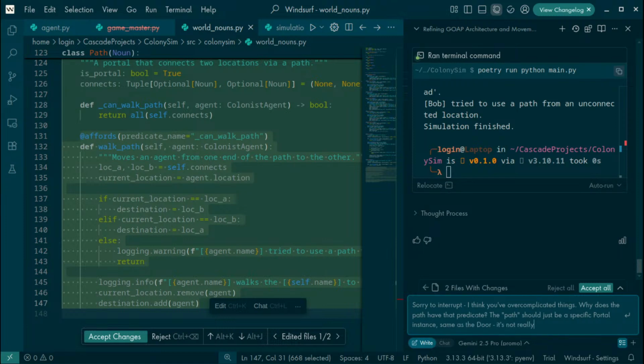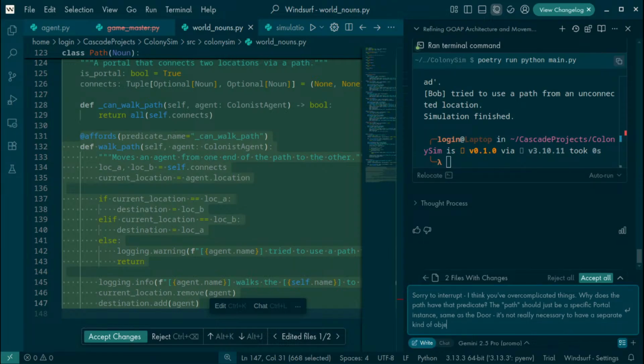It's not really necessary to have a separate kind of object for outdoor portals versus indoor ones.